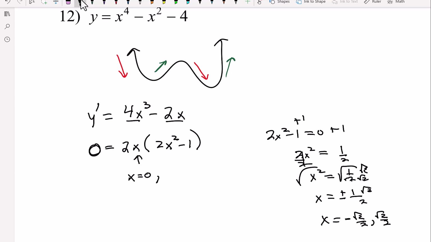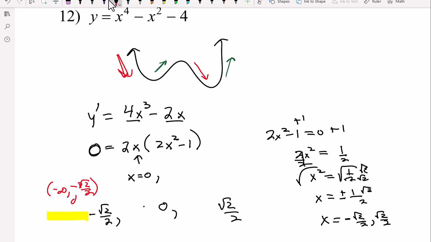So negative root 2 over 2, and then 0, and then positive root 2 over 2. Those are our intervals. So let's see. We've got this interval. Well, that interval is decreasing. So from negative infinity up to negative root 2 over 2, decreasing. The next interval is increasing. So that means this interval,